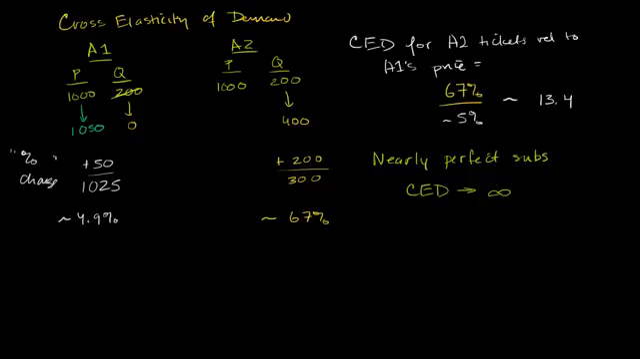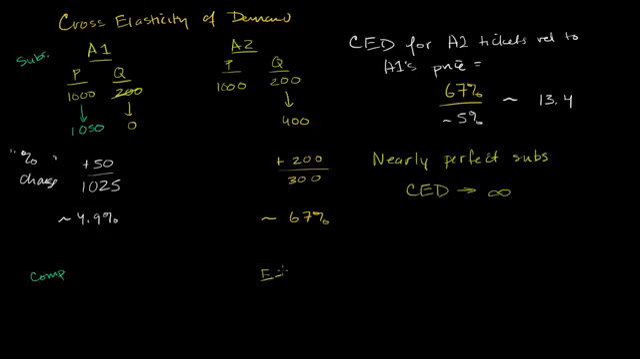But you could have that negative relationship using cross elasticity of demand. This is the example of a substitute. We could think about the example of a complement. So what if we're talking about